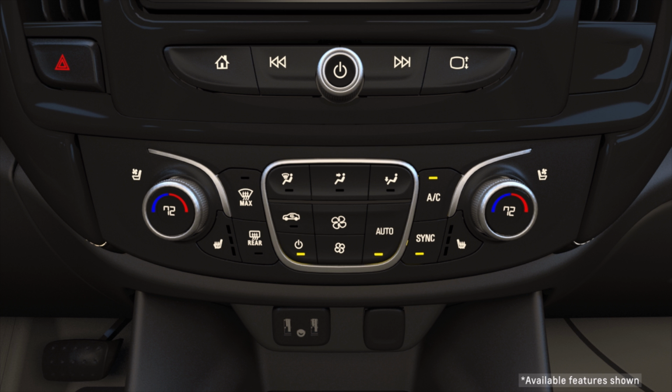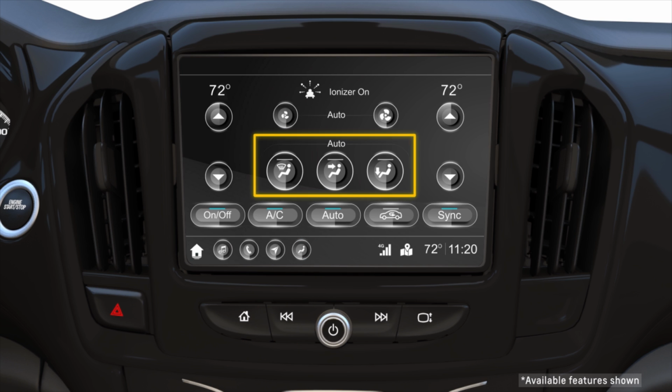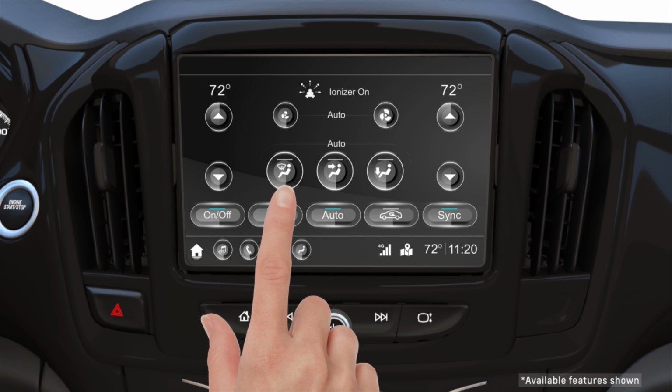You may find on occasion that you want to manually control where air is directed in the compartment. Your vehicle may have the highlighted 3 buttons to control air distribution. Each button can be used individually or in combination with each other. Direct airflow to the windshield by pressing the Windshield Distribution button.